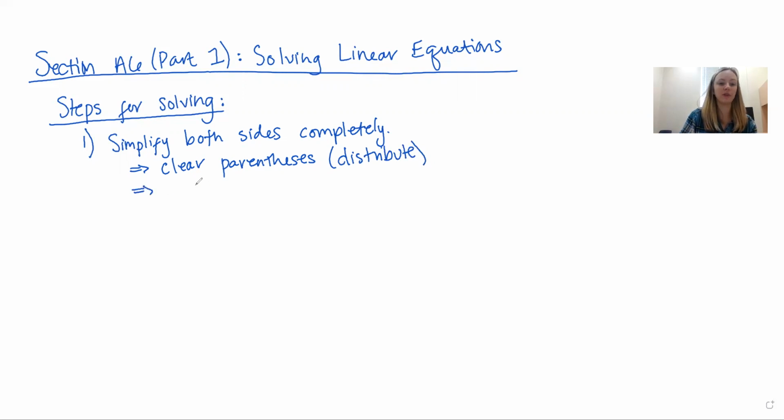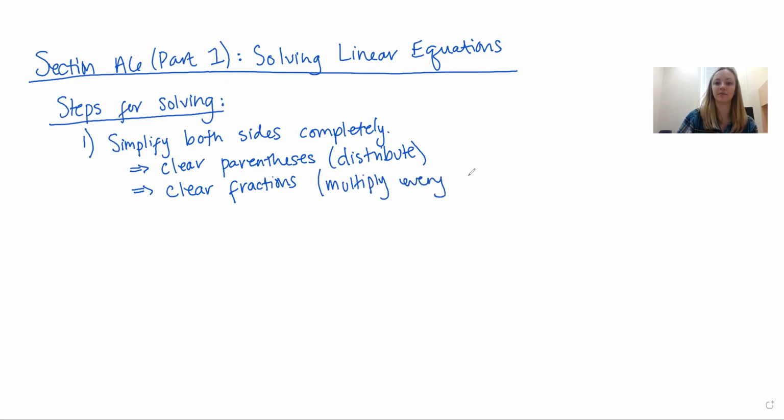This could also mean clearing fractions. So sometimes we'll see one today where we're going to have quite a few fractions in there, and we could work with them exactly the same as we do other numbers. It just makes the problem a little bit harder because then you're working with fractions the entire time, just makes it a little trickier. So to clear the fractions, we're going to multiply